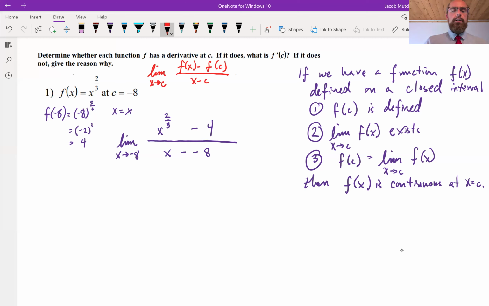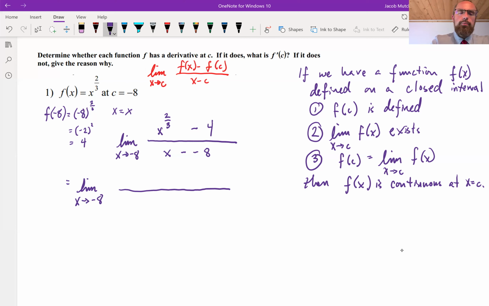So now I want to see if I can actually calculate the limit. Remember, if I tried direct substitution here, plugging in negative 8, I would end up with 0 over 0. That's indeterminate. So I can sense right now that I need to do some algebraic factoring. So I'm going to simplify here and then see if I can factor the numerator to cancel with some of the denominator. So that's the limit as x approaches negative 8 of